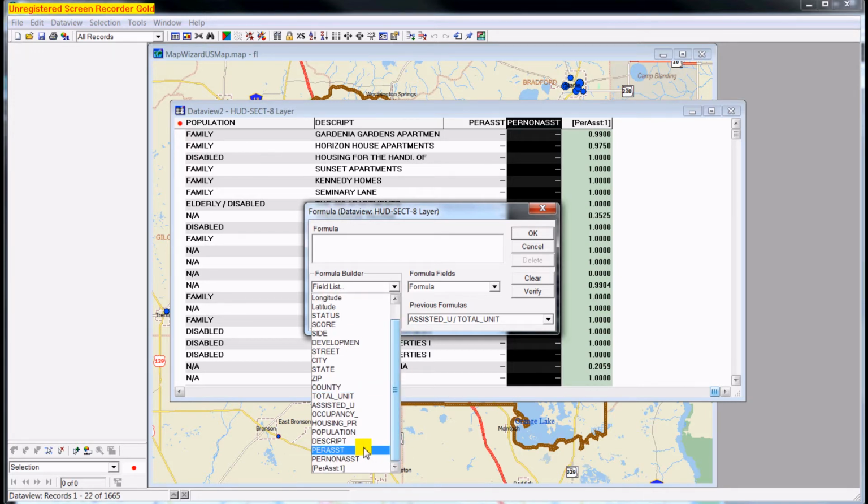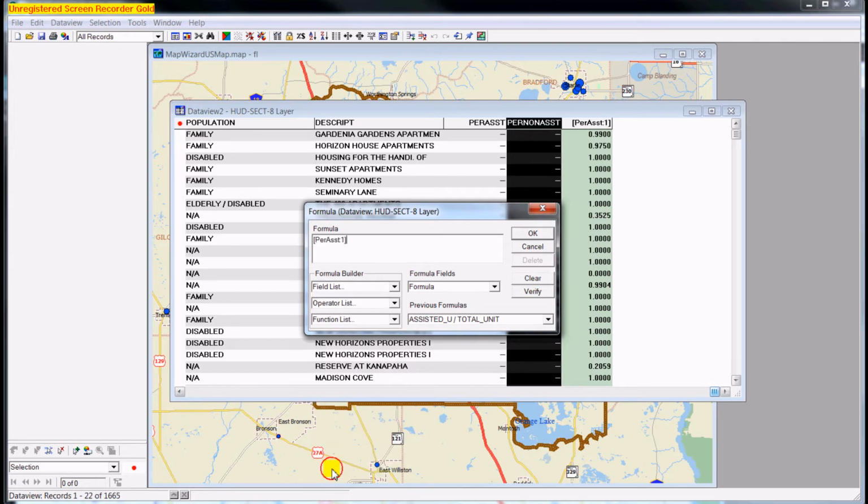That new data field appears in my field list, and 1 minus that new data field value is the remainder for my non-assist.